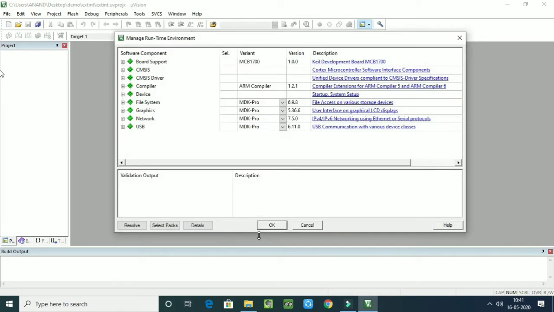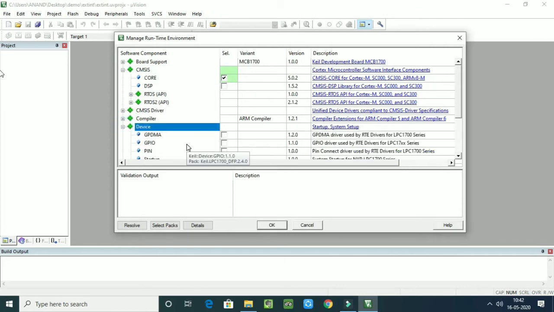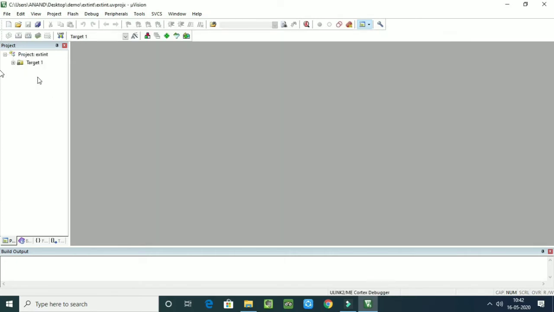So next, expand CMSIS, tick core, then device, here tick startup. So a project EXTINT is created inside a folder EXTINT, which is inside the folder demo, and this folder demo is available on desktop.